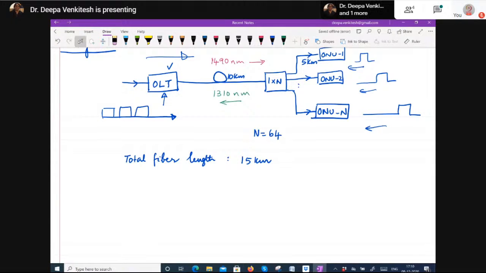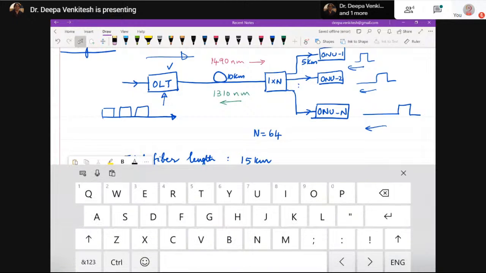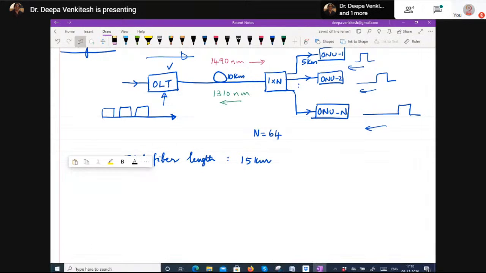So the first question is, what is the maximum loss at these two wavelengths? Now, why are the losses different for the two wavelengths? That's primarily because the information on the splitter is not given, so we assume that the splitter works equally well for both 1490 and